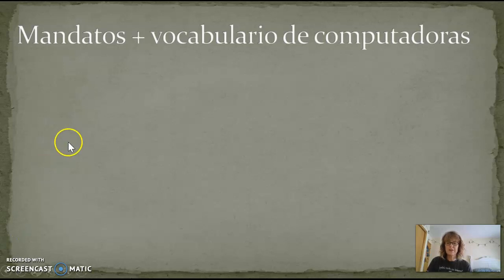So let's practice these. I'm going to give you guys, whoa, too fast. I'm going to give you an affirmative and a negative command, and I'd like you to, again, pause the video. See if you can provide yourself with the affirmative command and then the negative one that's next to it. Okay, pause it. See if you can fill that in.